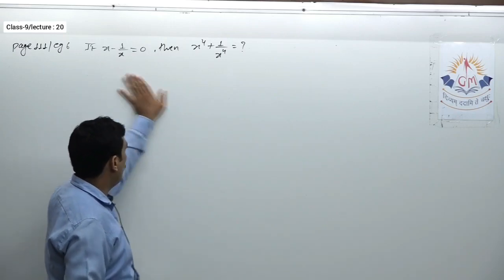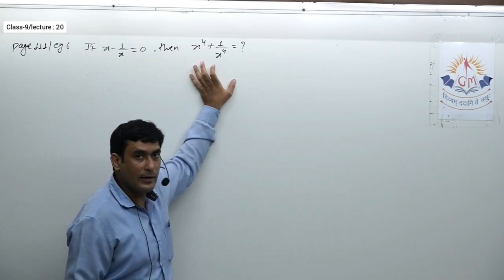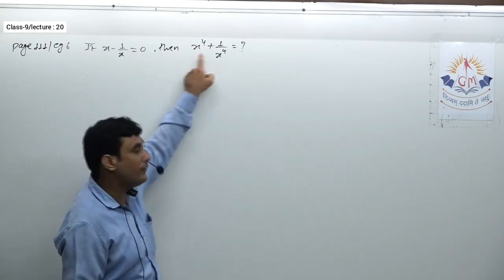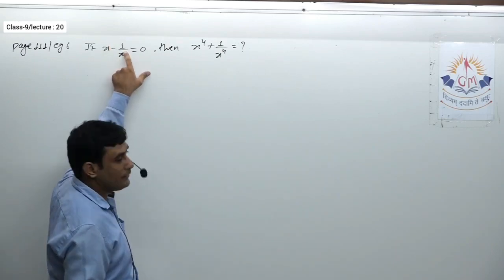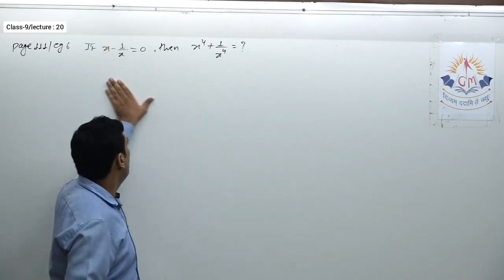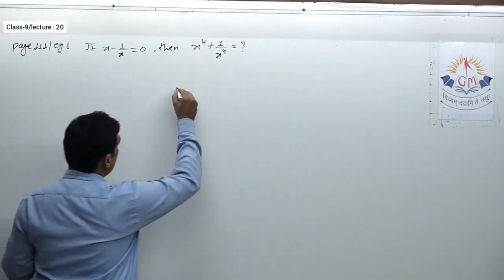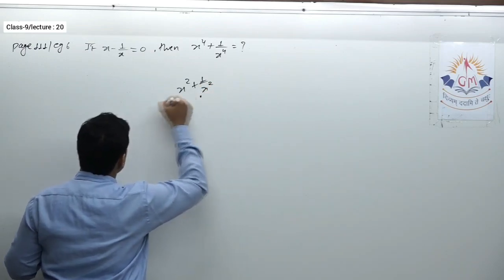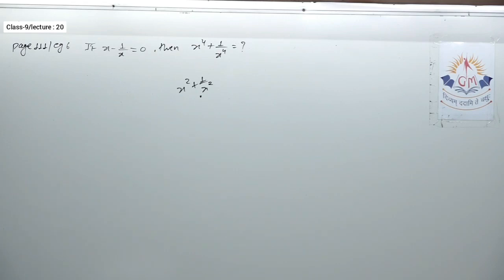So over here, if you observe, this expression is a little bit smaller than this. As I explained in the last lecture, with the help of power, here it is the 4th power, and this is power 1, the power of x, and over here x is again power 1. So to obtain this, first we need to find this value, and we'll start from this. So let us see how to solve this.